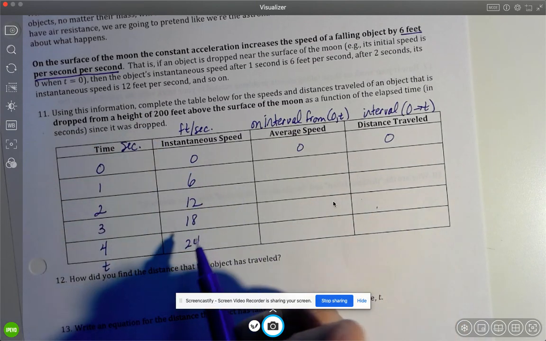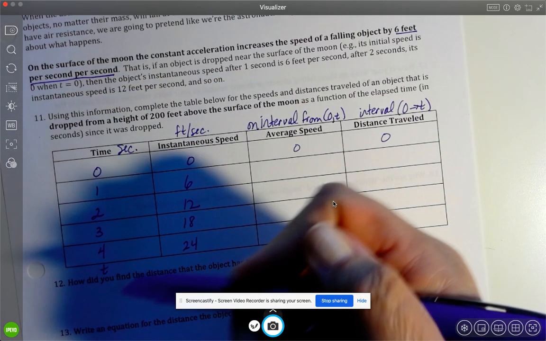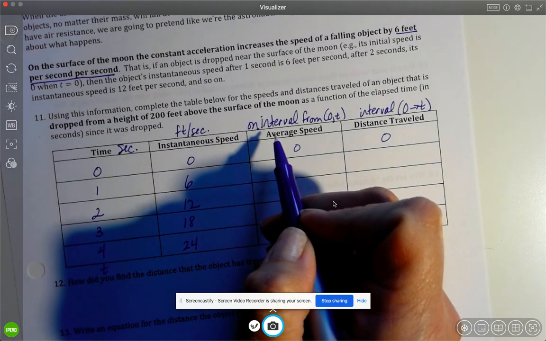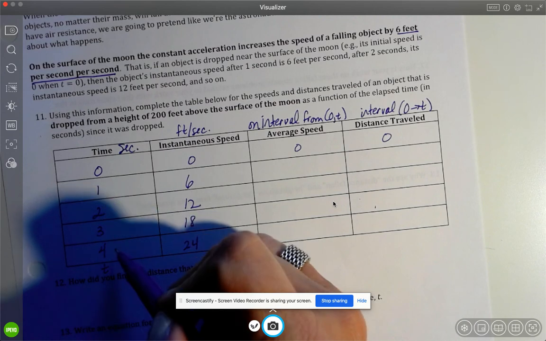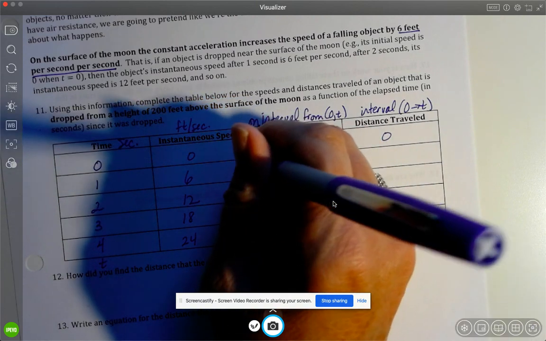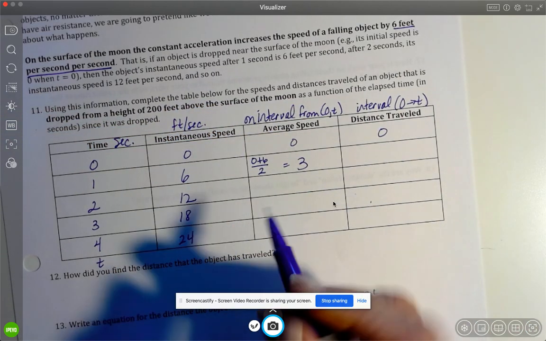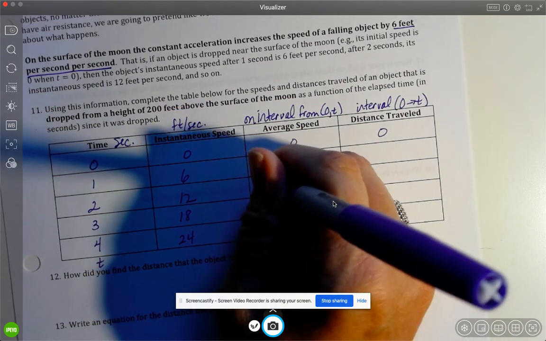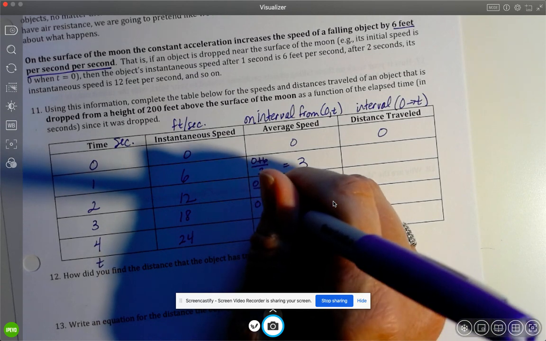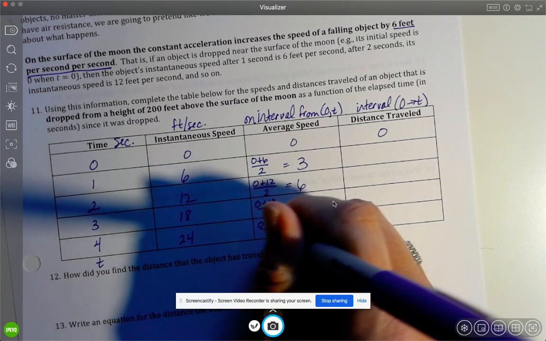So what's happening with this rate? It's just adding 6 every time. And then you have average speed on the interval from 0 to whatever second you're talking about. So the average speed on the interval from 0 to 1 is like the average: 0 plus 6 divided by 2 is 3. And then 0 to 2 is 6. And 0 to 3 is 9. And 0 to 4 is